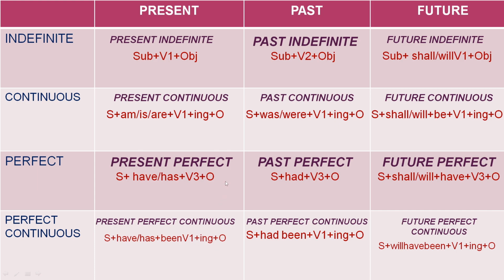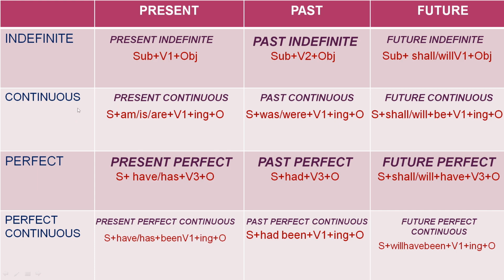Another trick, that is you have to remember only shall or will we are using in the future line. In the future tense, we have to use shall or will. Clear? Then you all know that subject and object always remain same. Okay? Then another trick is that